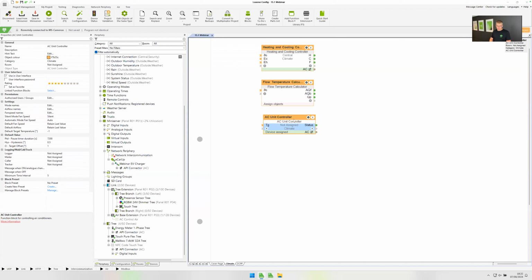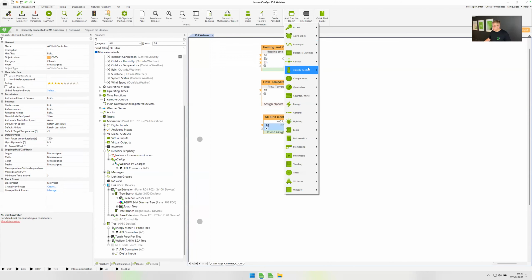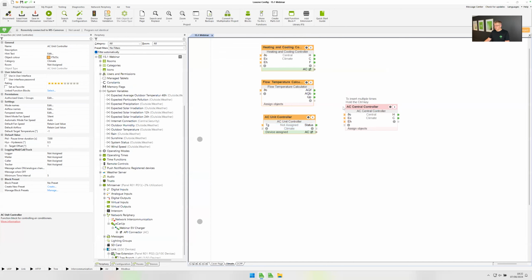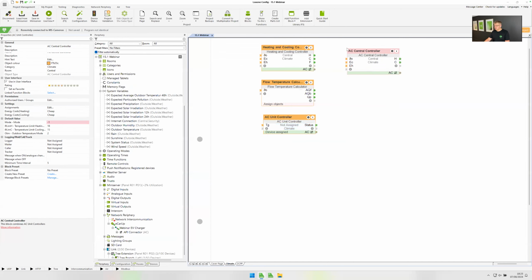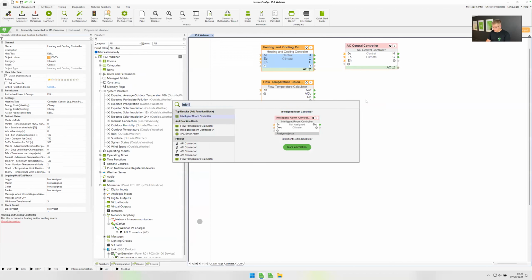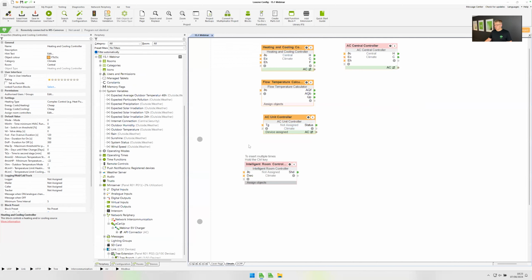And then before we move on to some further changes, we will just touch on a new function block, which is the AC central function, AC central controller. So the AC central controller is essentially like the heating and cooling controller. So like what formerly was the climate controller. The climate controller, we know, was